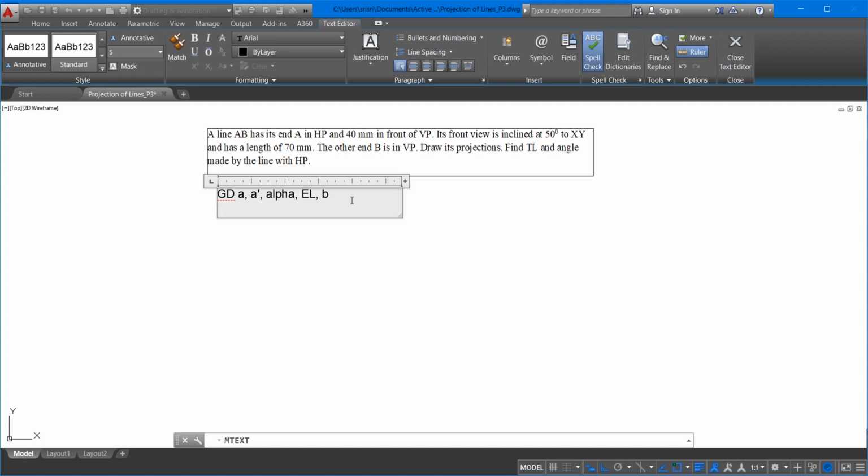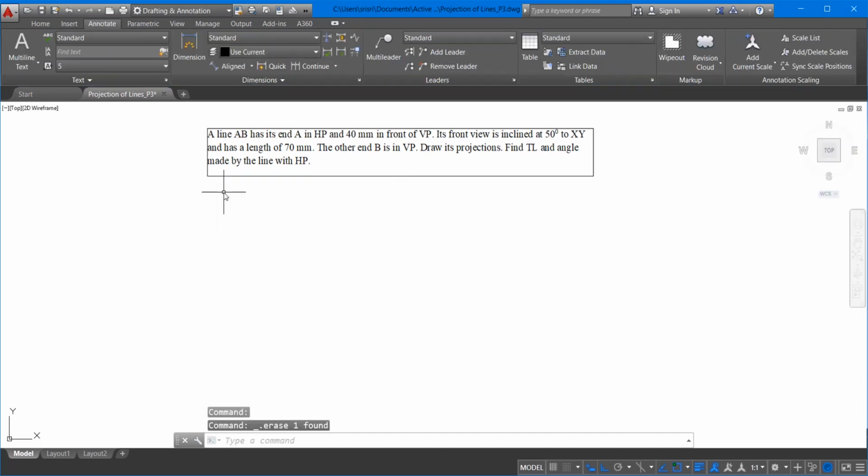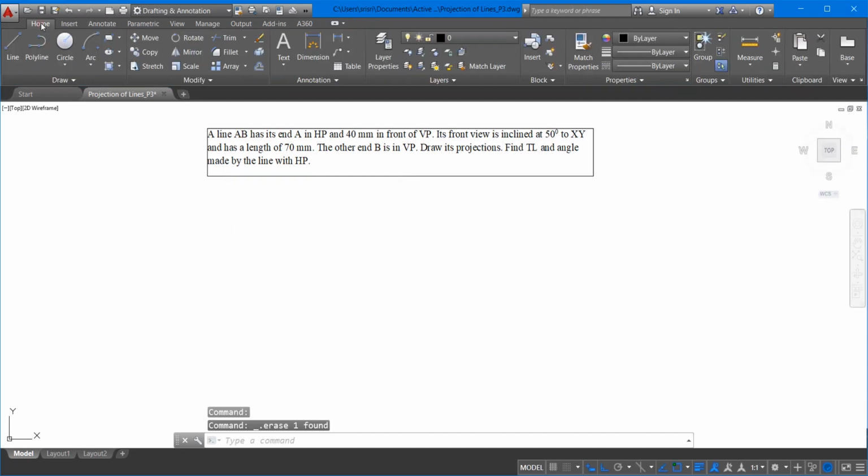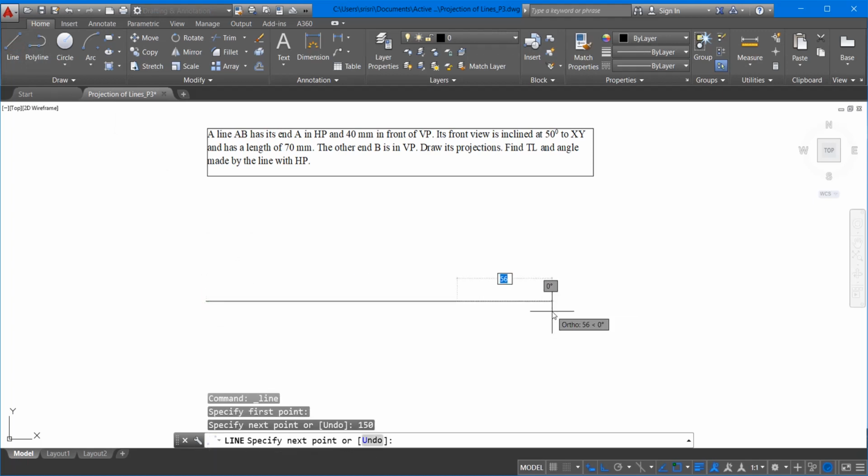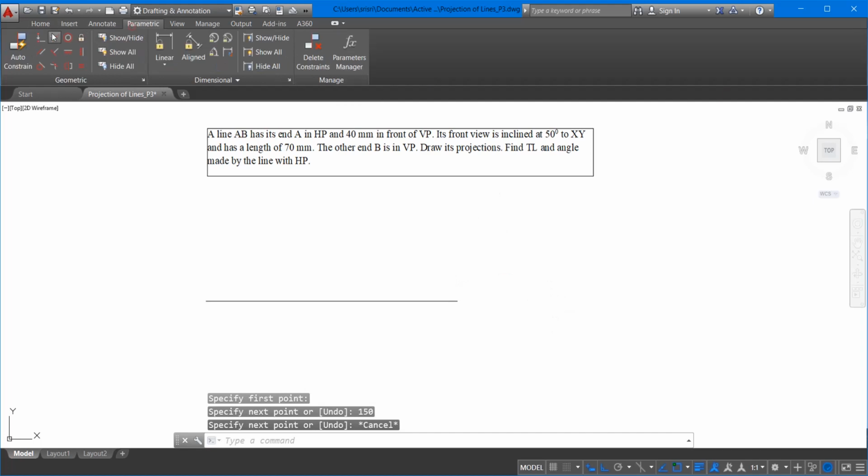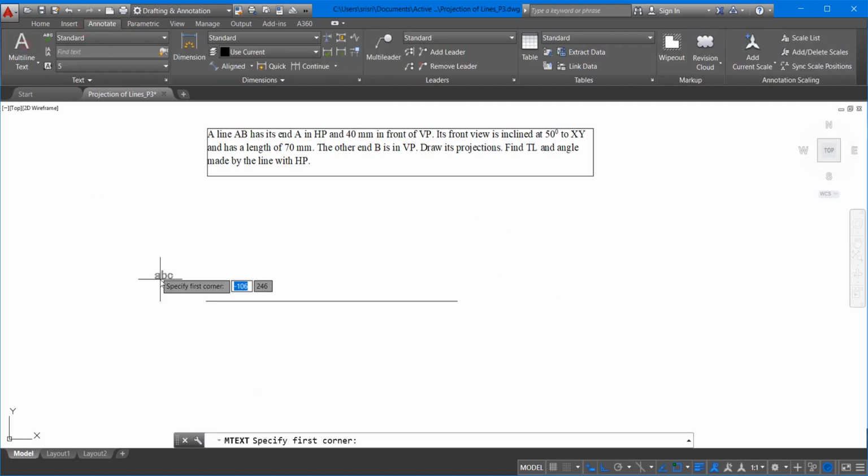Now what is asked? Actual projection. Then TL is asked for whatever is given data. So let us start with the solution. First of all, using line command, draw a 150 mm line, XY line, label it as X and Y